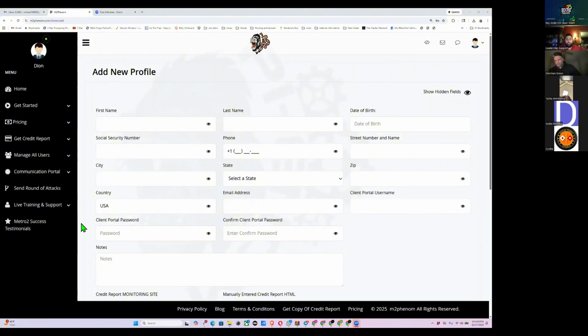Blue. Start with blue. This is the only thing you focus on in blue. Okay? This box is the only thing that you focus on in blue. This is your information from your driver's license, ID